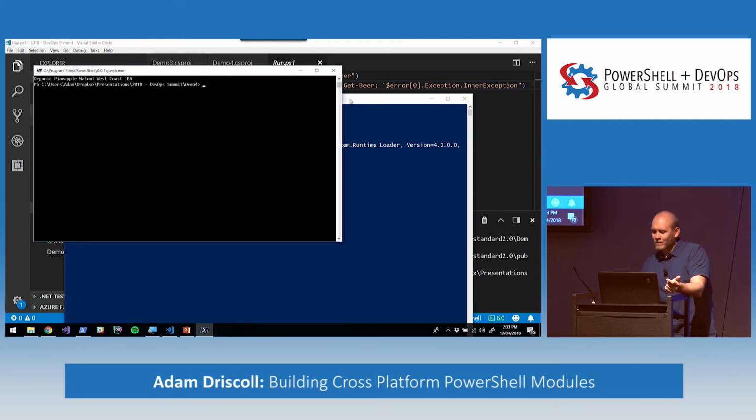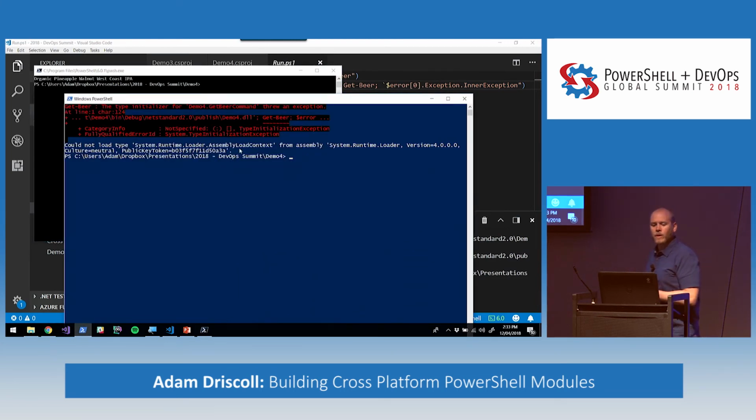So now it works in .NET Core still, but we're getting this problem where it could not load that type from that assembly. So the system is actually looking for a type that does not actually exist inside that assembly. You can get past this. I've actually got past this system runtime loader exception thing, only to run into all kinds of other assembly load problems. So at the end of the day, I am